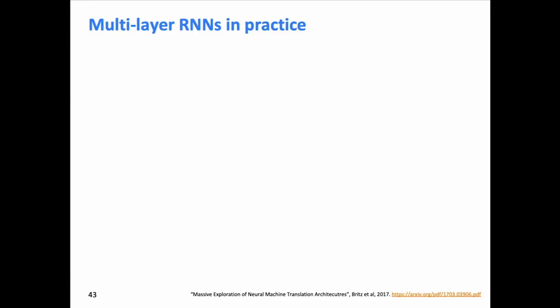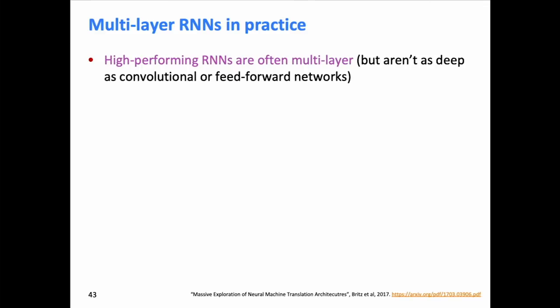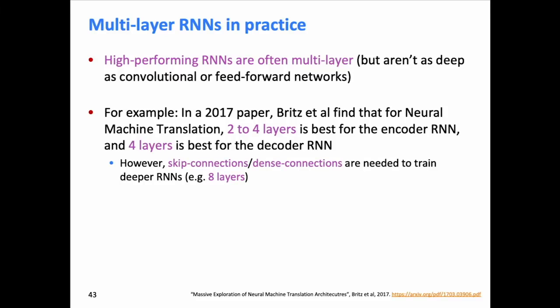So multi-layer RNNs in practice tend to perform pretty well, in that when I look at RNN-based systems that are doing very well on some kind of task, they usually are some kind of multi-layer RNN. But they certainly aren't as deep as the deep convolutional and feed-forward networks you might have seen in, for example, image tasks. Whereas very deep convnets are, I think, hundreds of layers now, you certainly aren't getting RNNs that are that deep. So for example, in this paper from Google, they're doing this kind of large hyperparameter search for